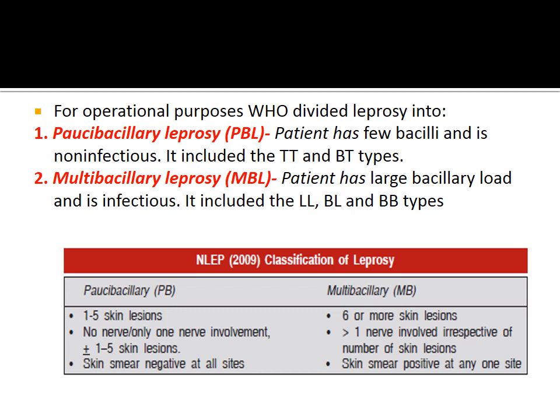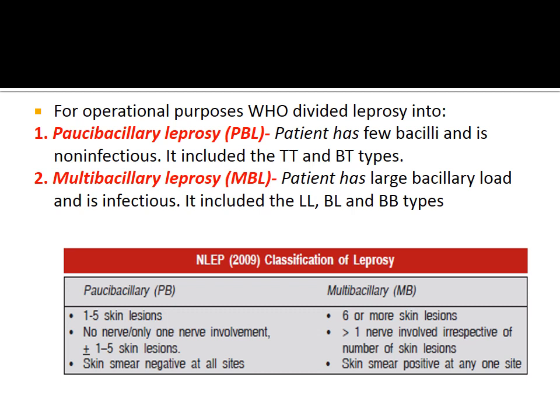Paucibacillary leprosy, as the name suggests: pauci means a less number of bacilli, multi means a large number of bacilli. So what is paucibacillary leprosy? The patient has very few bacilli and is non-infectious. It includes 2 types as per Ridley-Jopling: TT means tuberculoid and BT means borderline tuberculoid. So these are paucibacillary, less infectious, less severe, or you can say non-infectious, with very few bacilli present in